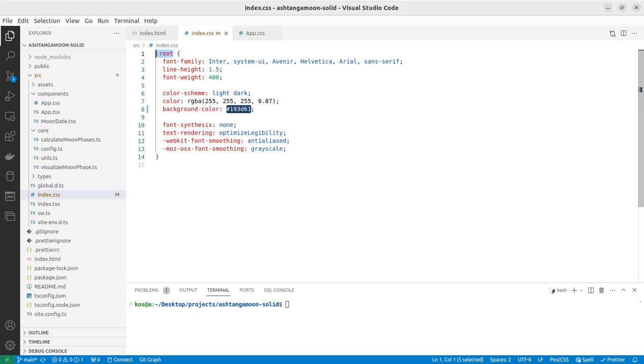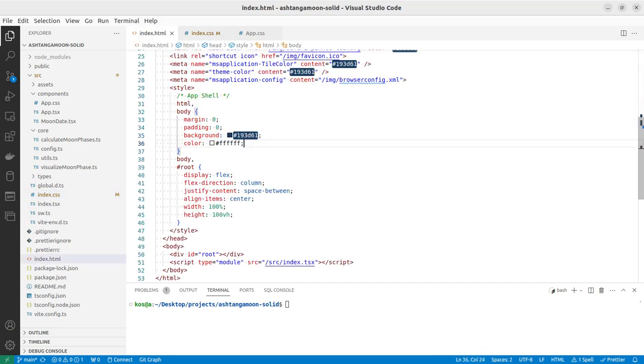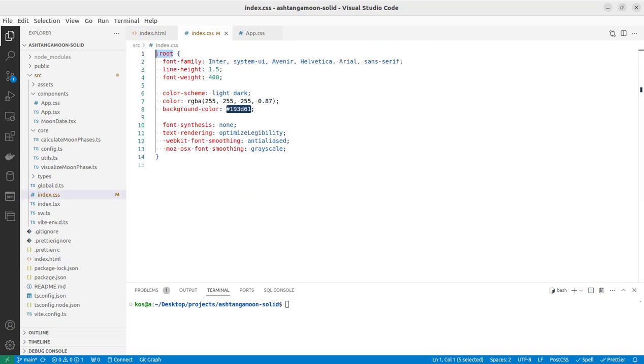Normally it is used for setting some CSS variables. I don't yet have any CSS variables. It's probably a good idea to have some, but it's not planned for this video. So let me just use the same settings which we apply here, and yeah, let's make it close to each